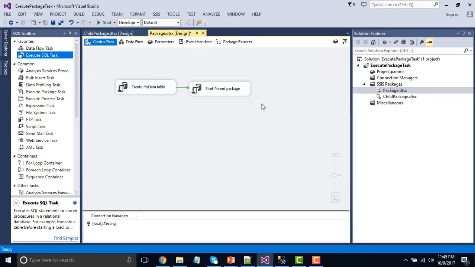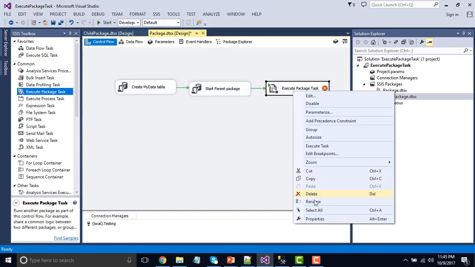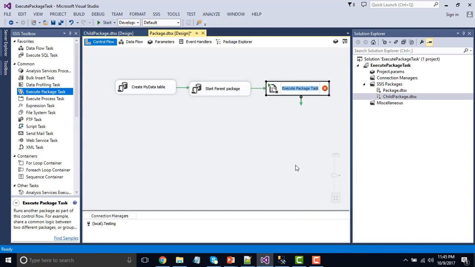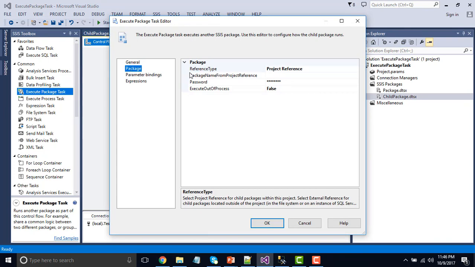So to execute the child package from our main package, we need to drag and drop the execute package task into the control flow window, and then connect the execute SQL task with the execute package task, and you can rename the execute package task as call child package, and then right click and edit the execute package task, and then click package, and then under the reference type right now it is marked as project reference.